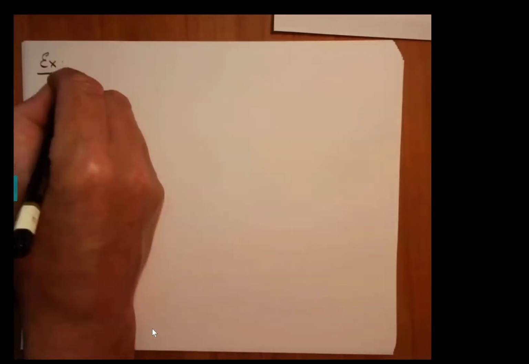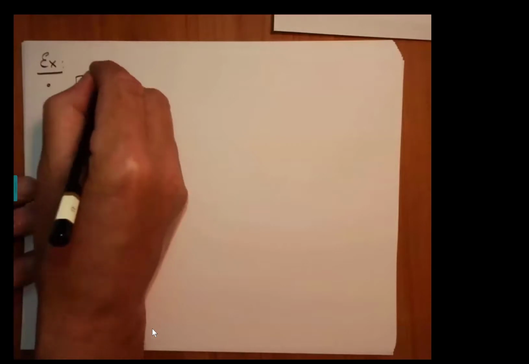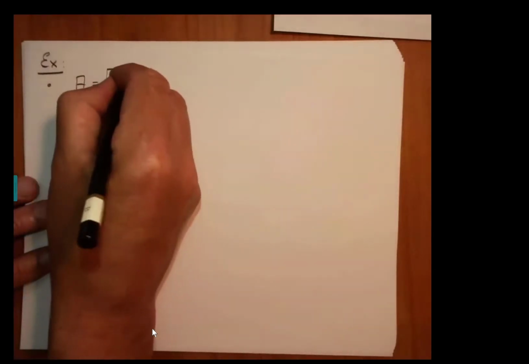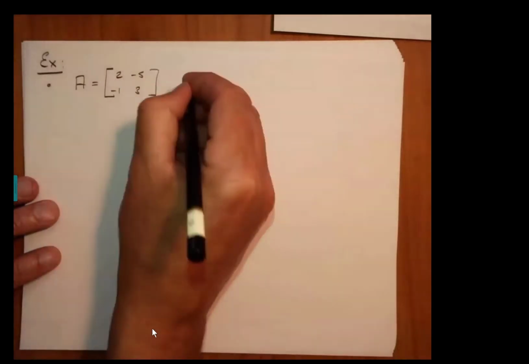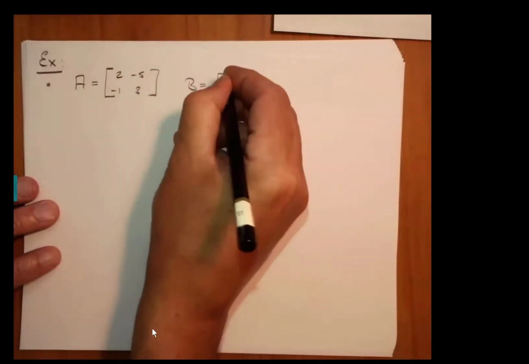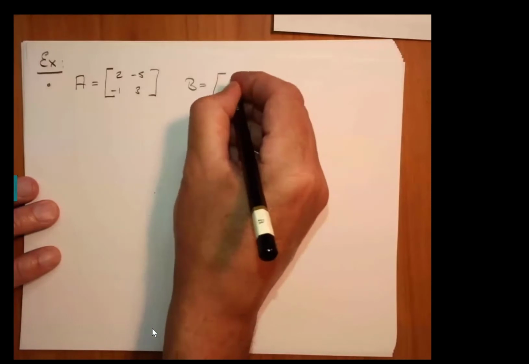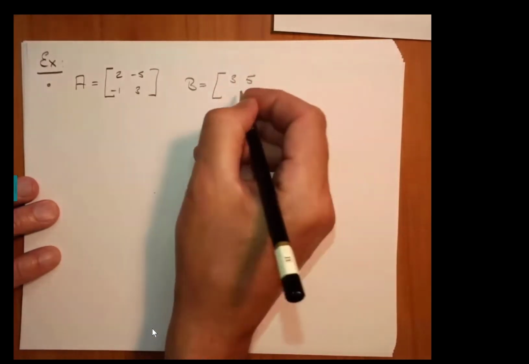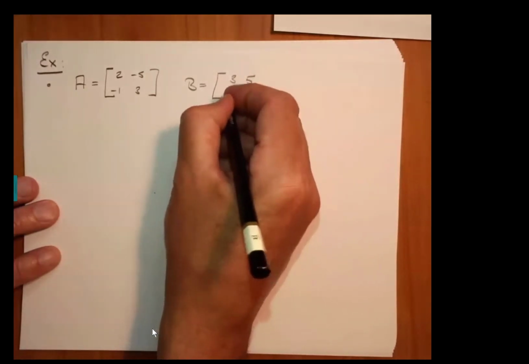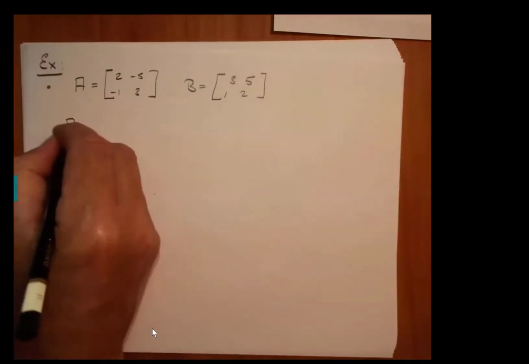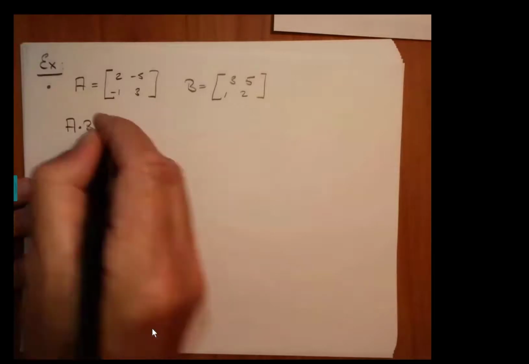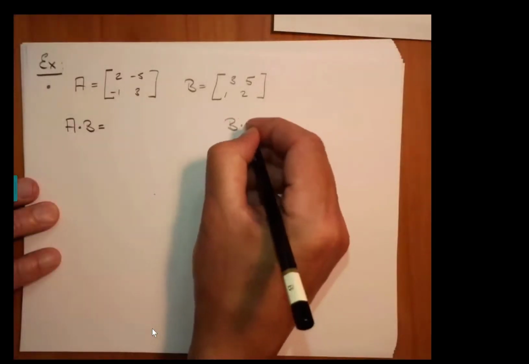So part 1 of the example: we have a matrix A, which is 2, -5, -1, 3. And we have B equal to 3, 5, 1, and 2. So if you calculate A times B, and if you calculate B times A,